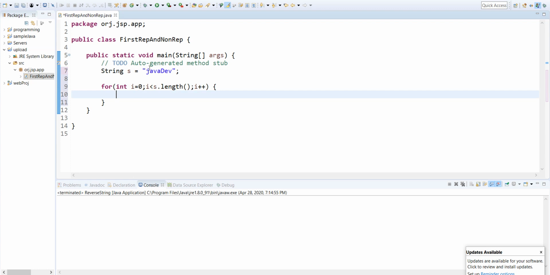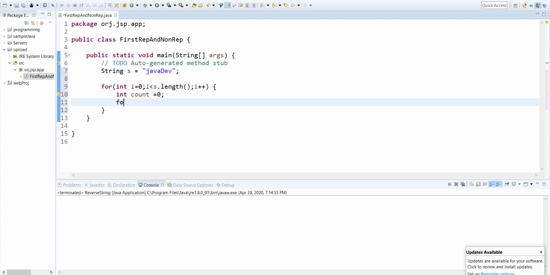This will give J first. I will take J, and that particular character I need to check with all the characters. So one particular character I need to check against all the characters in the given string. For that I need to take one more for loop. Before taking that for loop, let us initialize one variable called count, which will refer to the occurrence.